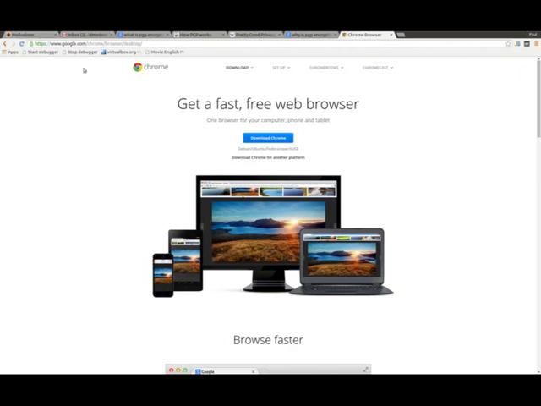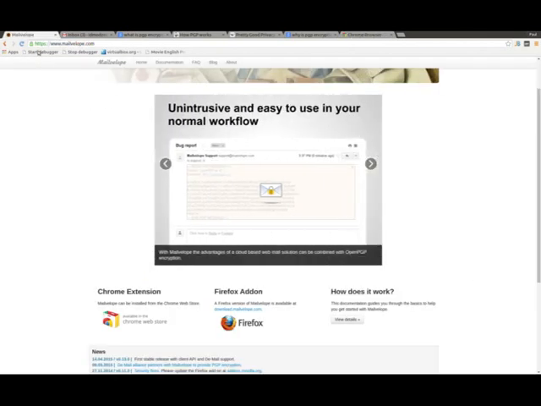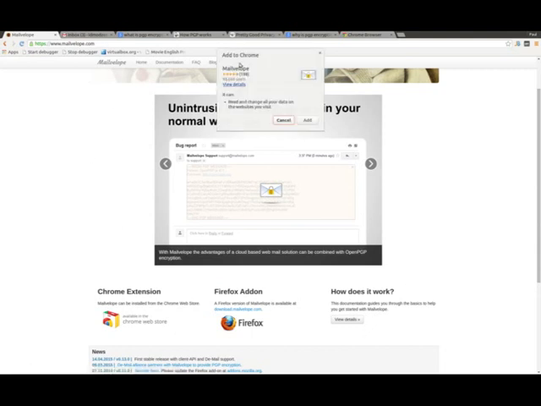I'm actually browsing in Chrome right now. It's got an address bar, just like Internet Explorer and whatnot. Okay, so once Chrome's installed, you go on over to Mailvelope, and let's go down to Chrome extension. So I'm going to click on that, and it says, do you want to add it? So I'm going to add it,